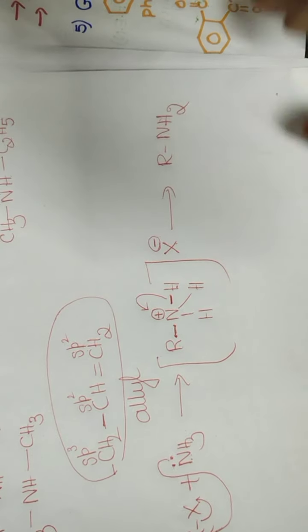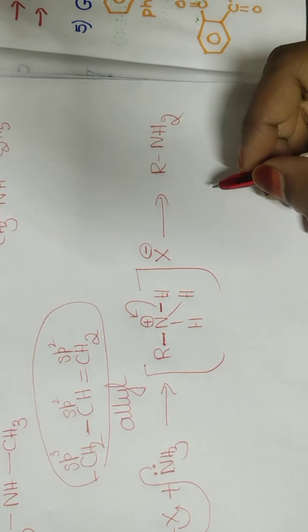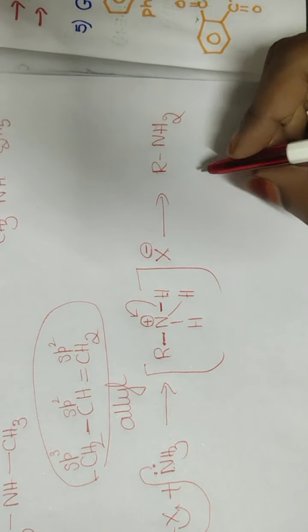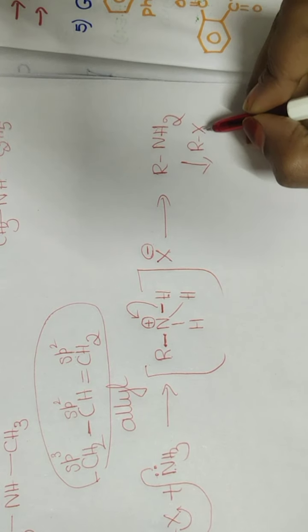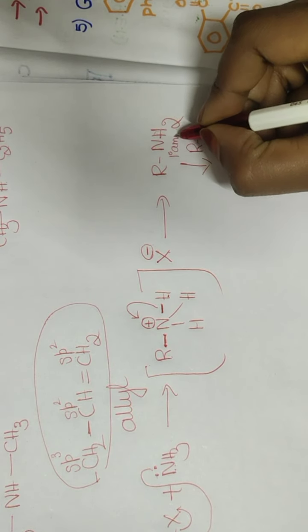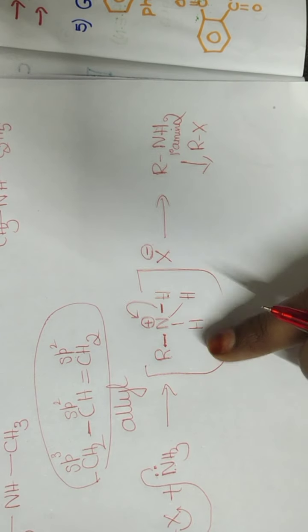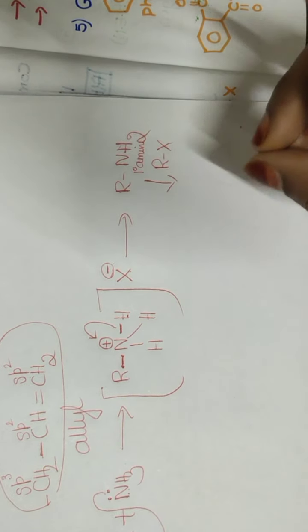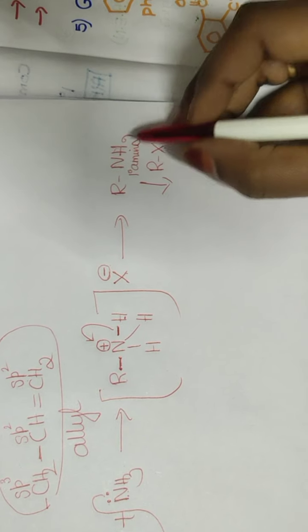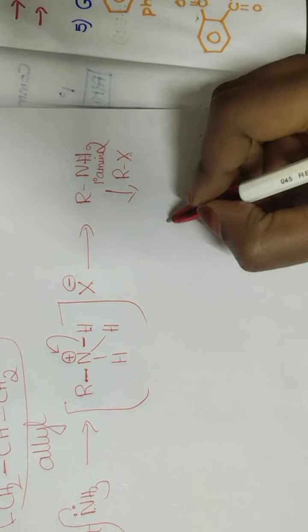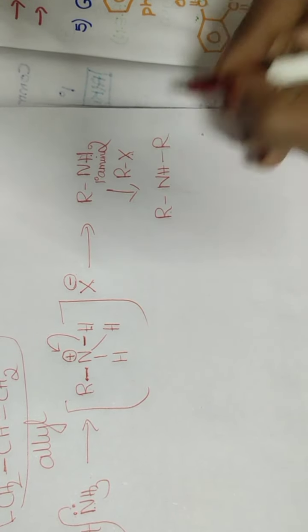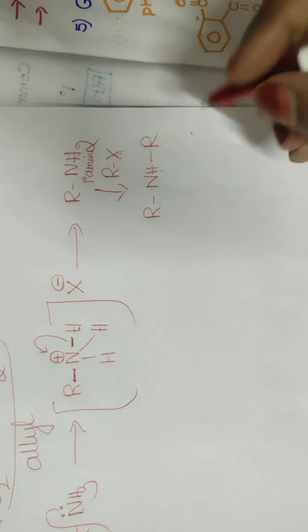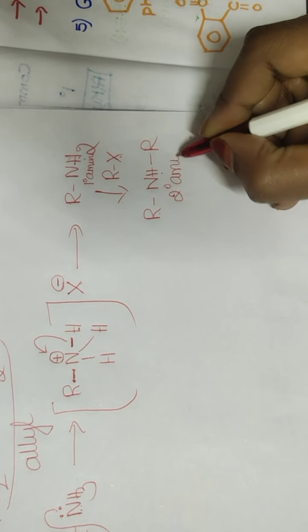So this reaction does not stop here. It will proceed further because we have taken excess of ammonia as well as excess of alkyl halide. Therefore, another alkyl halide will attack this primary amine in the same way as the mechanism I have shown here. Or in simple words, remove one halogen and one hydrogen, and combine the rest. What will be the rest part here? R N H R. I hope you know that if you have one hydrogen, it will be called a secondary amine.